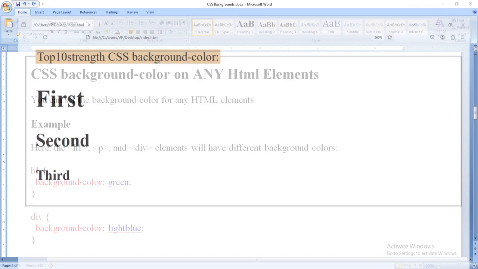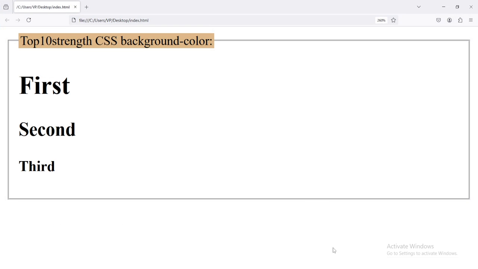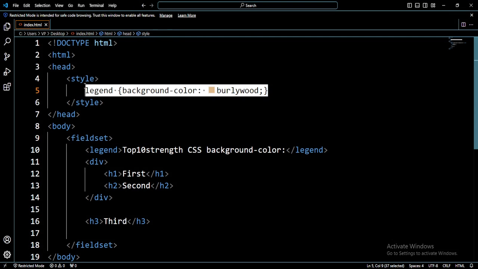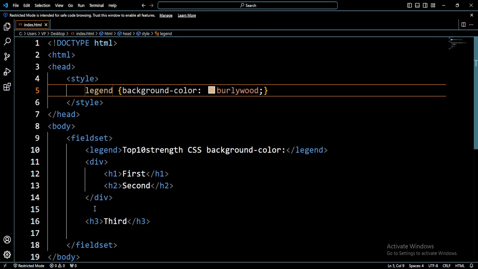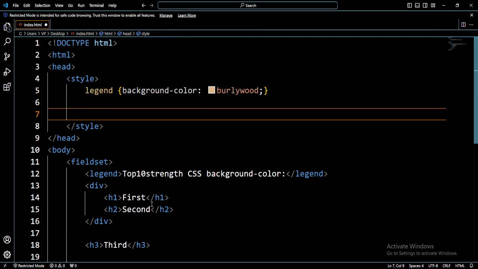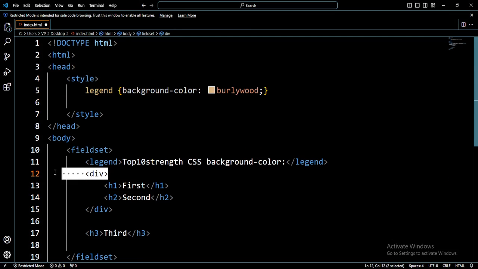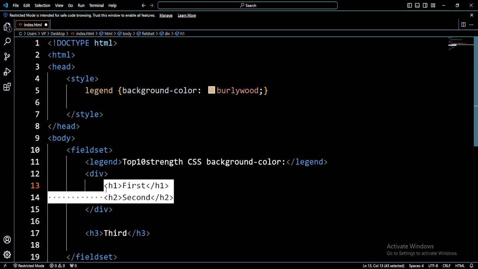Let's get back to our document. As you can see, we have this from our previous tutorial where we discussed the background color in CSS. So right now we are going to do something new. One thing I want to do is specify something quickly. Let's say, for instance, we have our div. We have one opening and closing div tag right here, and we have h1 and h2 tag